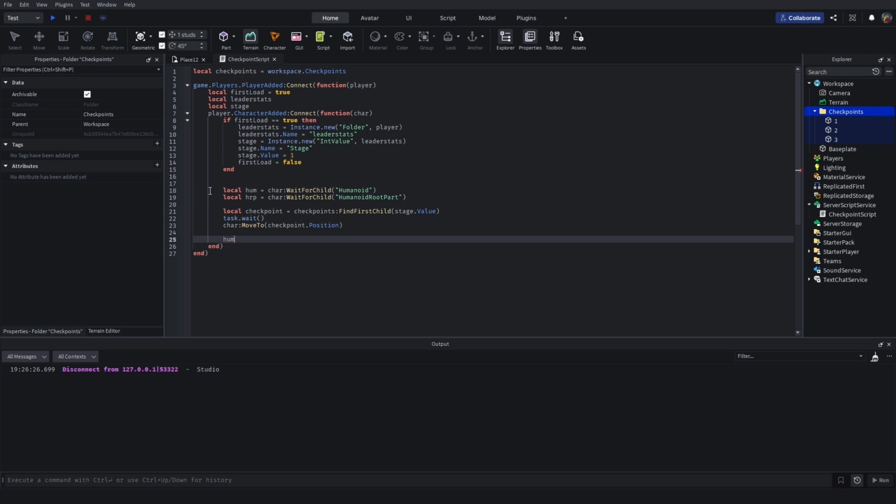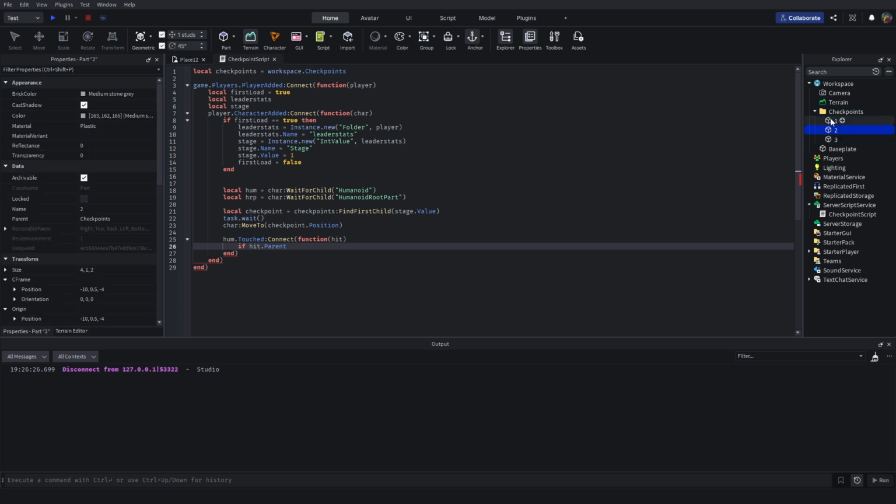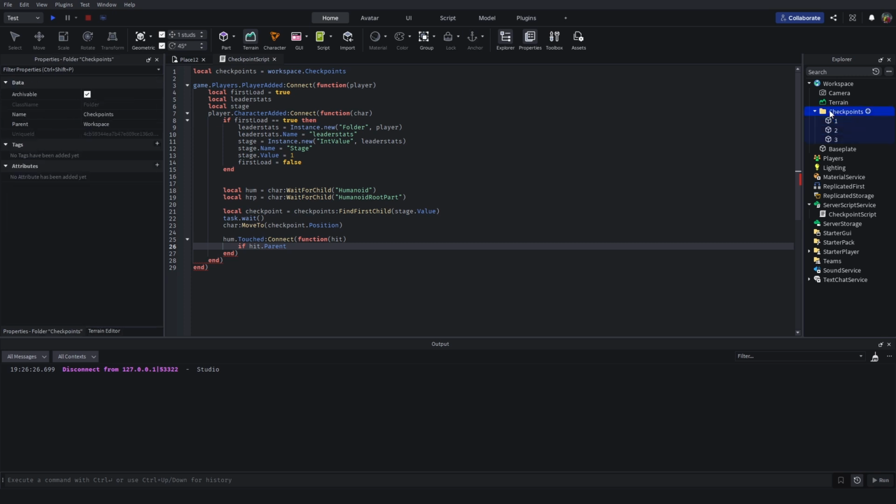So the humanoid right here, whenever this humanoid touches a part, we're going to run this function right here. And we're also going to get a value for the hit object. So whatever object is hit, we're going to be able to keep a reference to that and check if that object is one of the checkpoints. So what we're going to do from here now is if hit.Parent. In Roblox, you can put all these items underneath one another, right? So we're going to check if the object is underneath the checkpoints folder. So if the object that's hit, its parent, the one directly above it, is the checkpoints folder, then